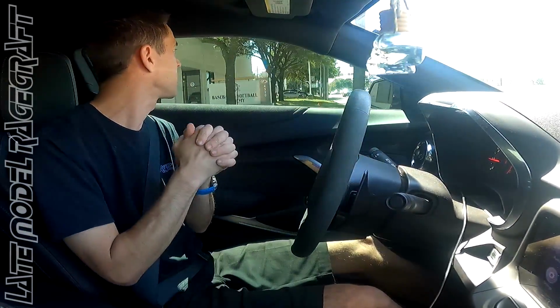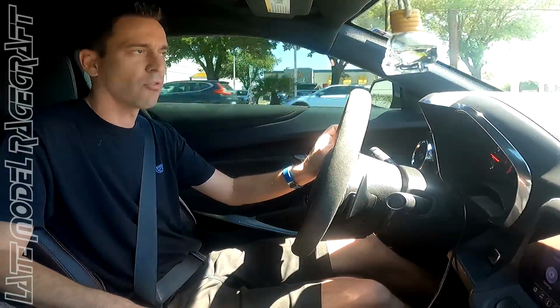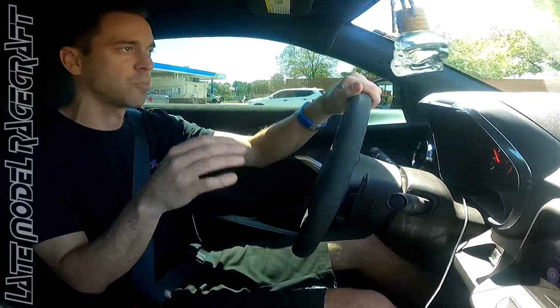Alright guys, we are in Mr. Farrington's 2022 ZL1 1LE. I know we build a lot of these things, and the first thing you notice when you hop in one is how much stiffer the suspension is than a normal Camaro SS or Camaro ZL1. Right away, you put this thing in even touring mode. The stiffness of the suspension, in my opinion, feels stiffer than a regular ZL1 in sport or track